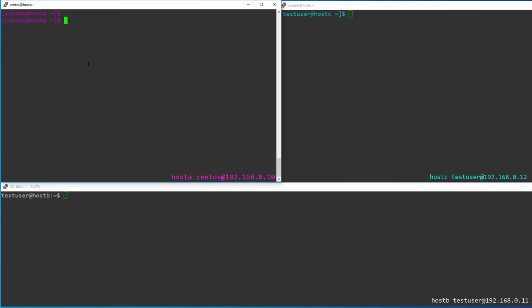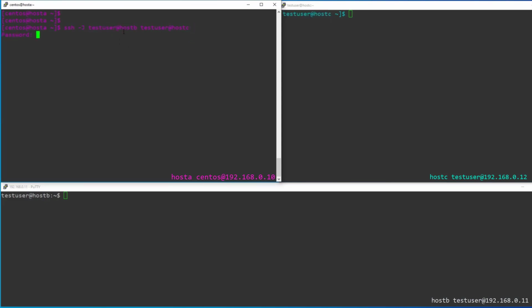So the syntax is ssh -J. I have the common user on host B and host C. Let me enter that, then the same thing for the remote host. Here you can see this is the syntax, -J for the jump host, and this is for our target host. So I am pressing enter.